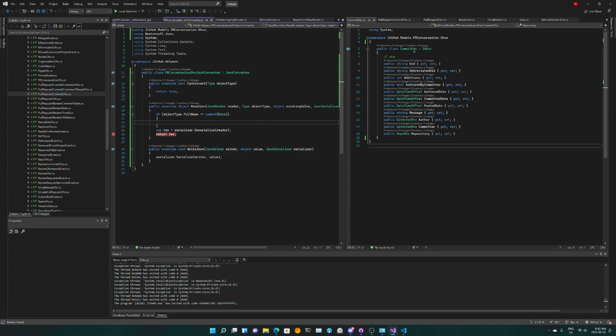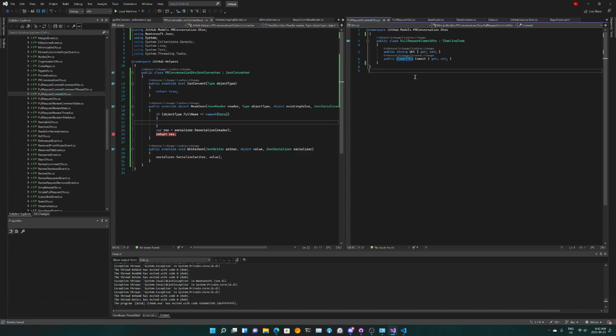So basically for the timeline items, let me close this one and this one. For all of the timeline items, at least that's one thing I need to specify how to deserialize. First of all, I need to go into timeline items, and they have a type name.